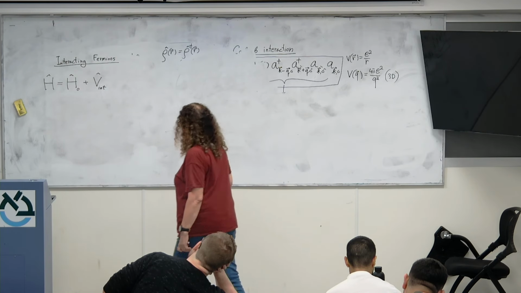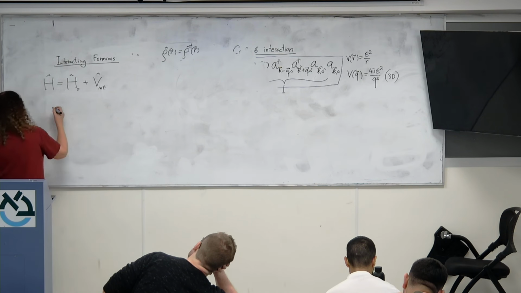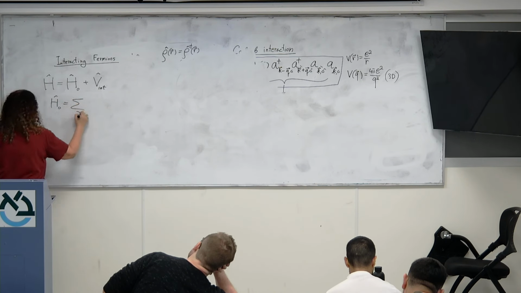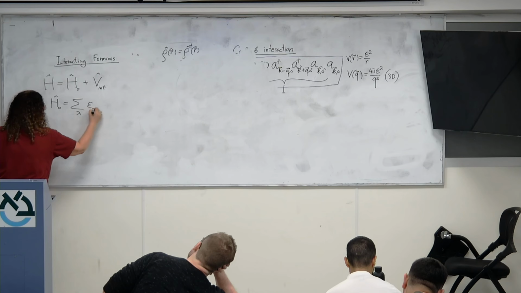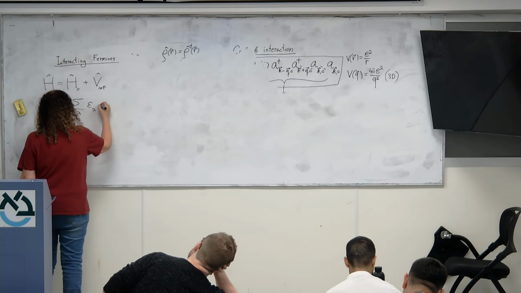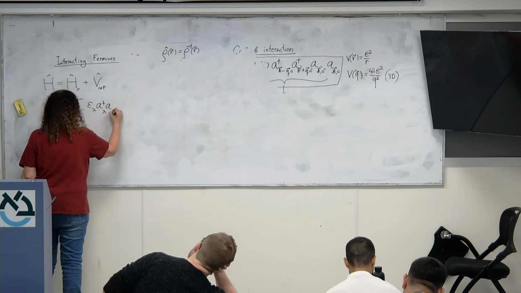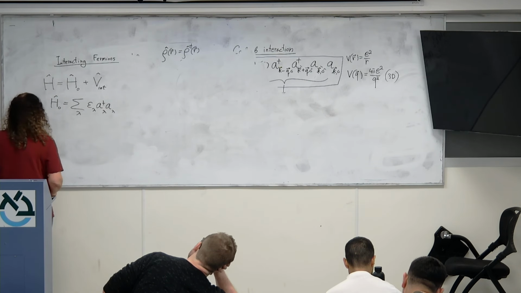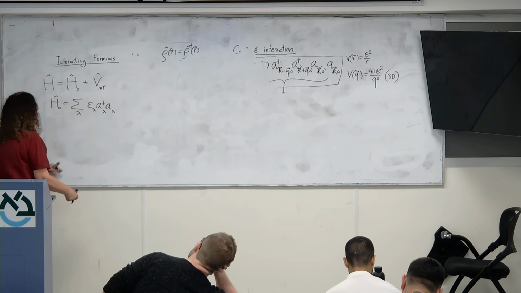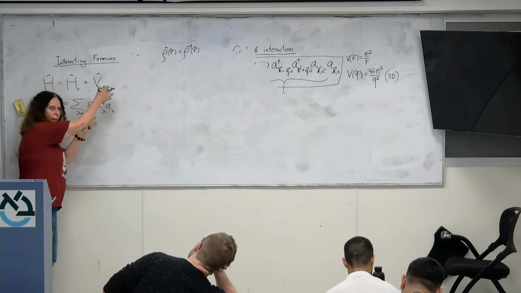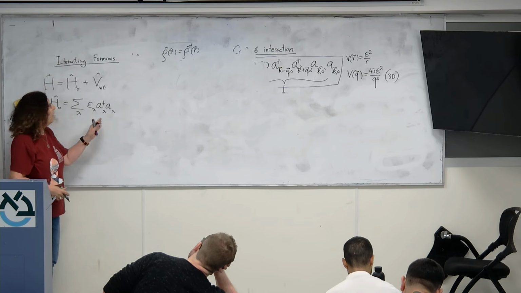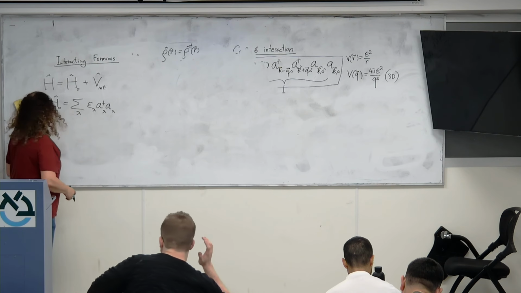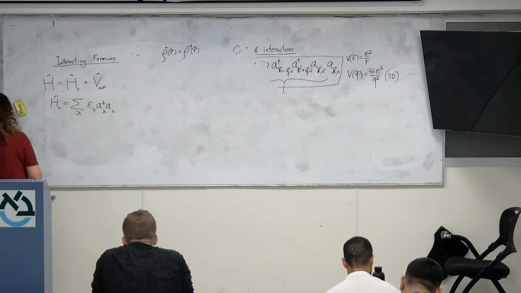Go back to our good old lambda. So H naught in the diagonal basis is just the sum over energies of A lambda dagger A lambda. Okay? The interaction can be expressed as a general two-body interaction, sum over all indices. I'm not even writing it, but